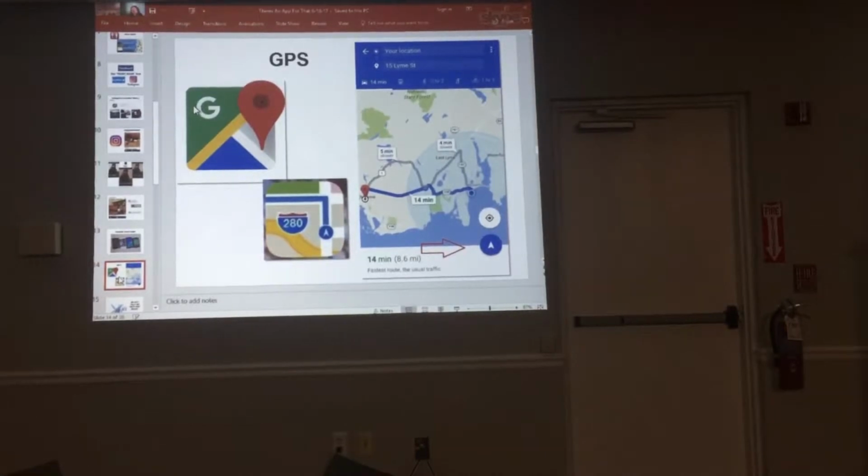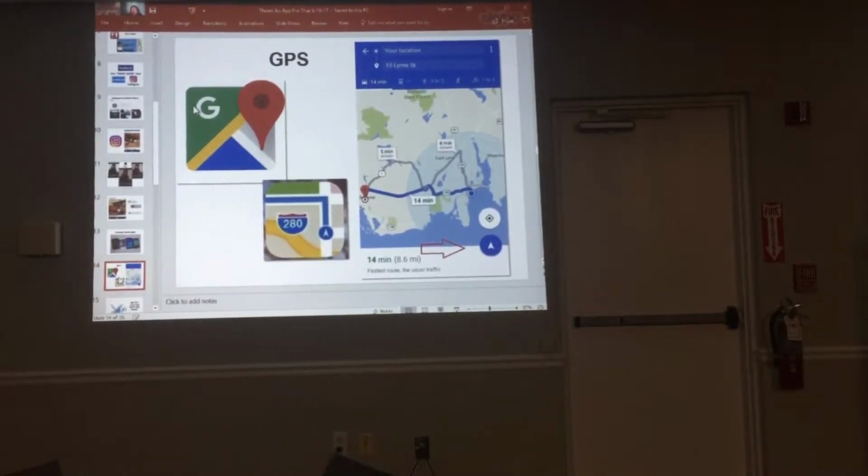What's really significant to look at is that underneath 15 Lime Street, you see a bunch of choices. It's telling me how long it will take me to get from my location to 15 Lime Street. If I'm in a car, 14 minutes. If I'm on a bus, there wasn't a bus there, that's why it has a little dash. That means they couldn't find public transportation. It tells me how long it would be if I walked, which is 3 hours and 2 minutes.